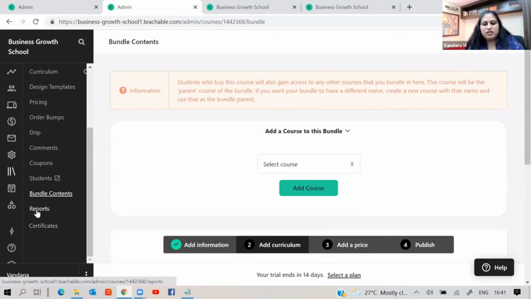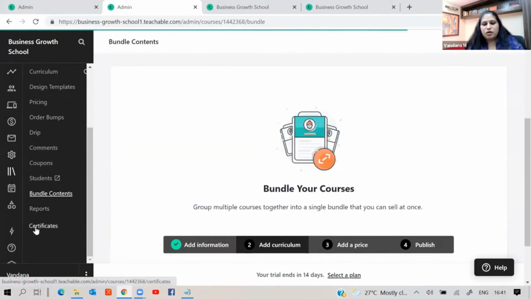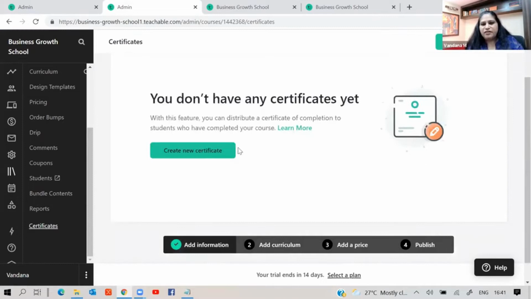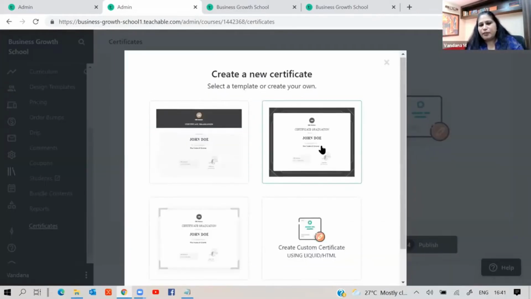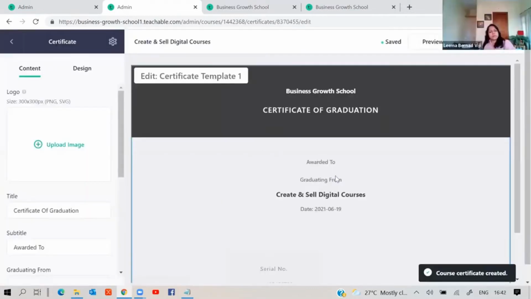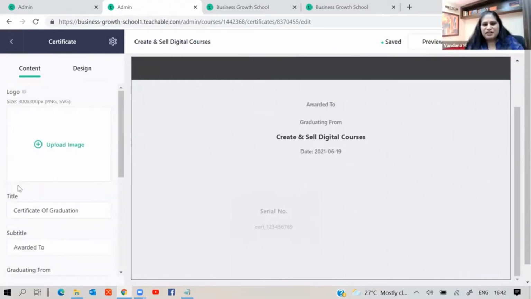So you can even see which students have completed how much of the course, and who have not even opened the course. And you can also issue your certificates from here. So you can design your own certificate, or you can create a new certificate from scratch. It gives you some samples, or you can upload your own. So say, for example, I use this certificate, it will help me modify my program name, the student name, and it will also pick up the date. Okay. So this is very easy.